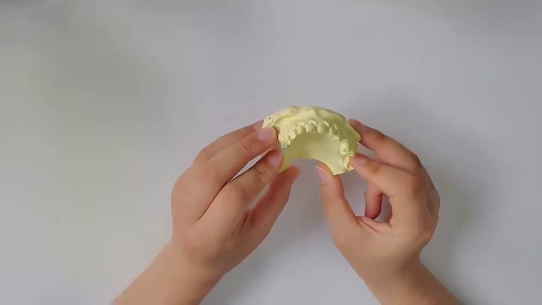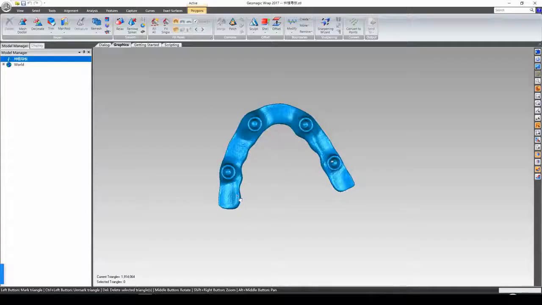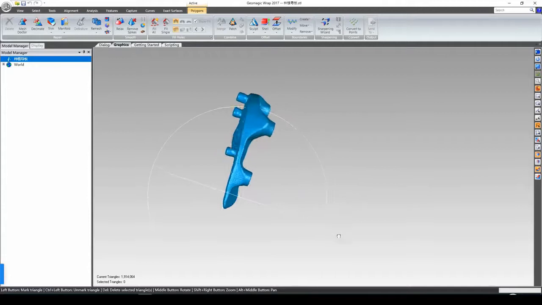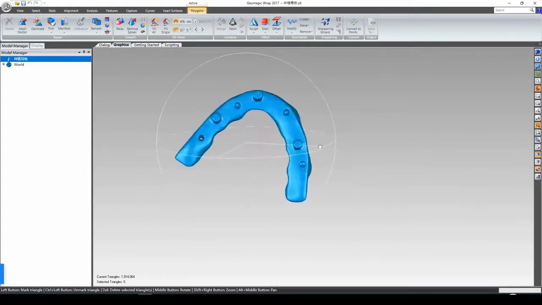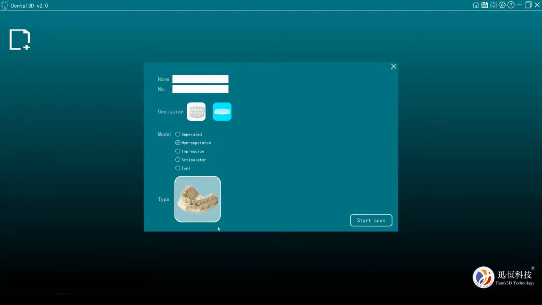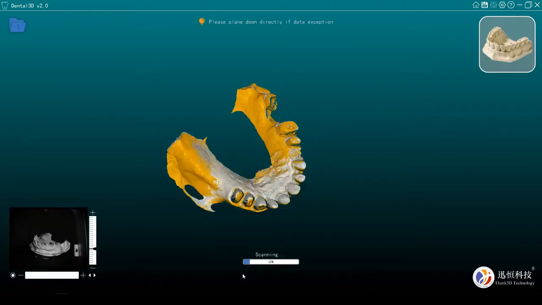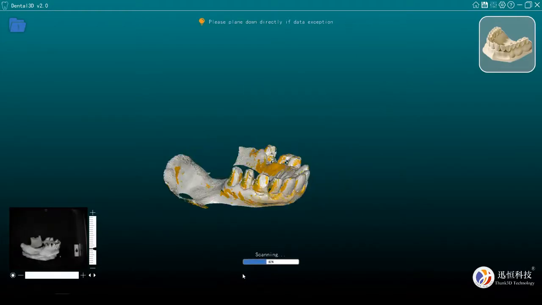Lastly, the single piece scan. If you just need to scan a denture, a false tooth, or a template for implants, use this function. Very useful and powerful. A new project. Select single, non-separated and start scan. After 9 scans are done,